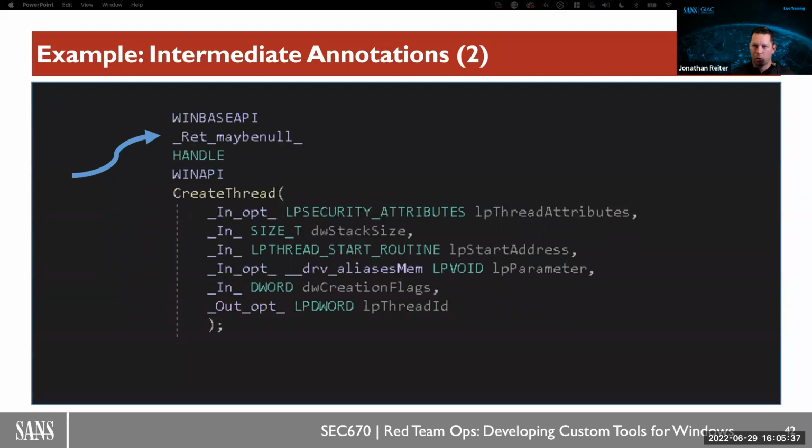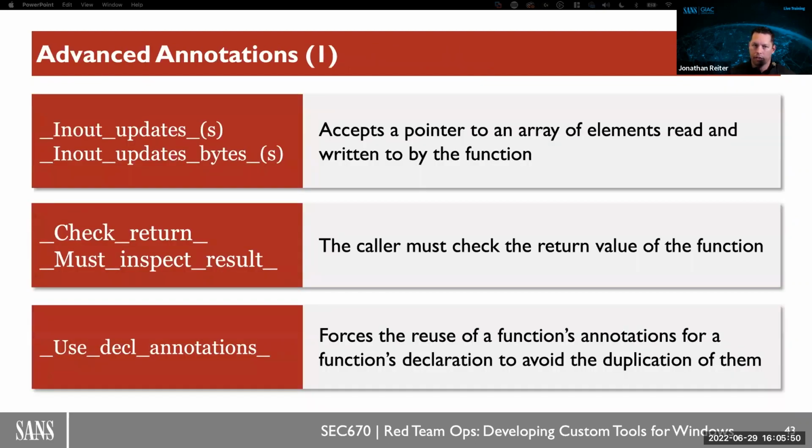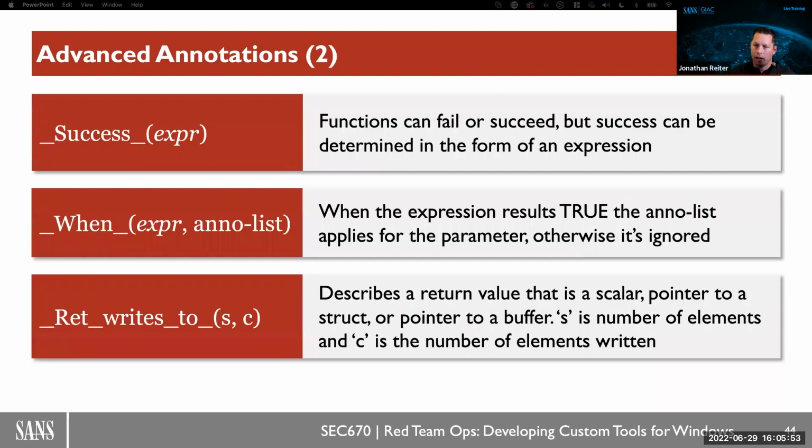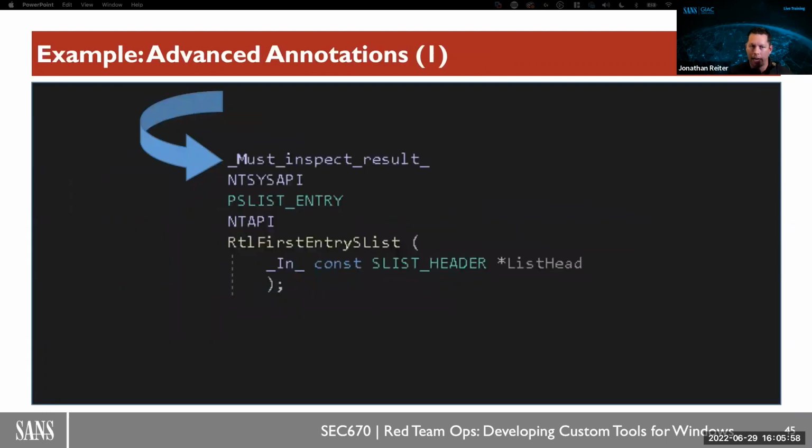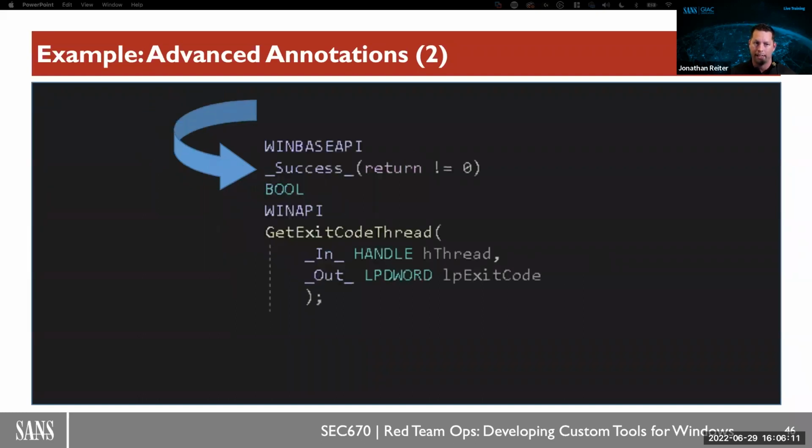Moving over to a more intermediate kind of annotation, saying, hey, this particular API can return null. So you're going to have to check it. And these are examples of some advanced annotations. You can also create expressions for these annotations. Internally, Microsoft does stuff like this, like must inspect result, saying, hey, for using this API, you better inspect the result of this function, or else it's going to highlight it and give you a little green squiggly or something inside of the